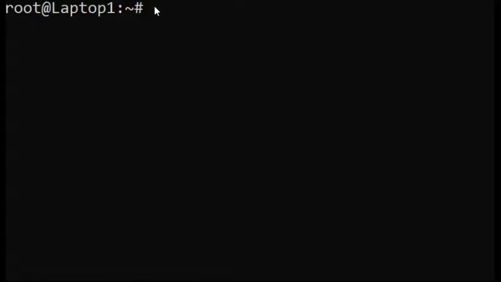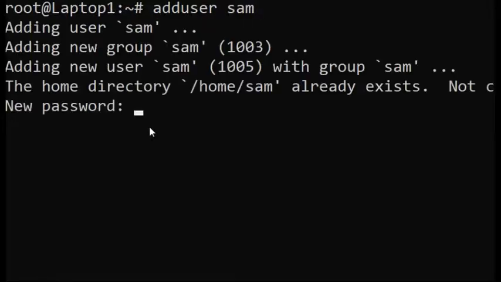Okay, so now let's just say that I wanted to add a user named Sam, a username of Sam. So I would type adduser. Please note that if you are not root, you need to use sudo. Okay, so adduser, and I'm going to type Sam. So now it says new password. I'm going to type a password,